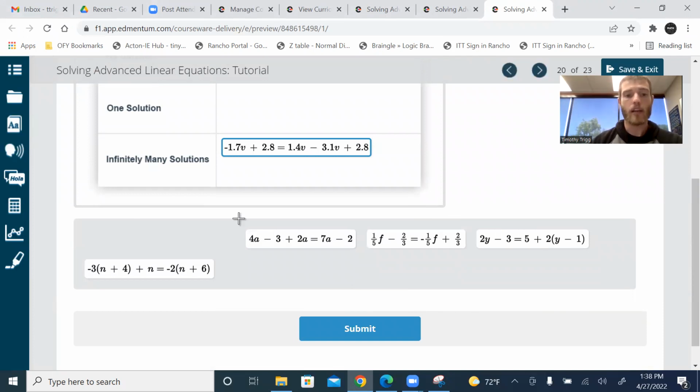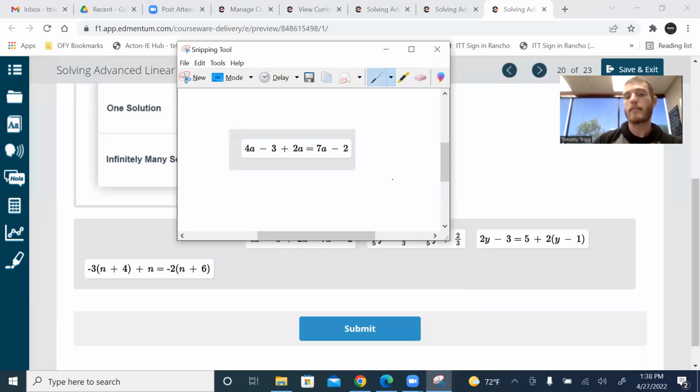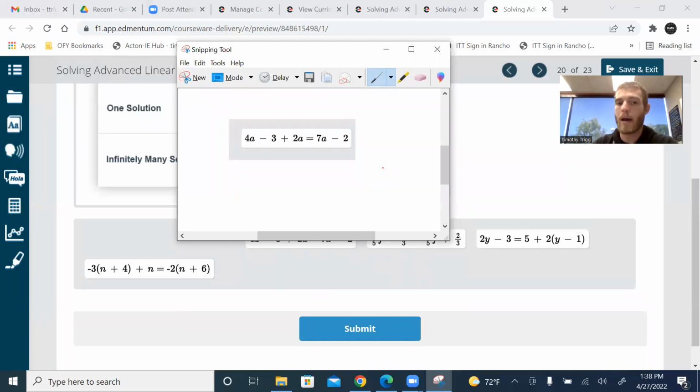Let's go ahead and try the next one. Now, if that didn't make 100% sense, don't worry about it. We'll go over more of these and hopefully it'll just continue to make more and more sense. Now, looking at this next one,